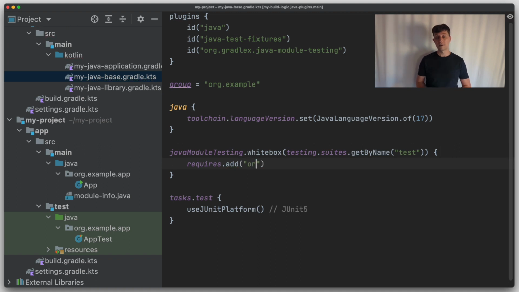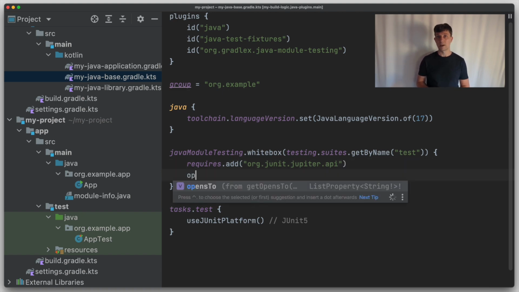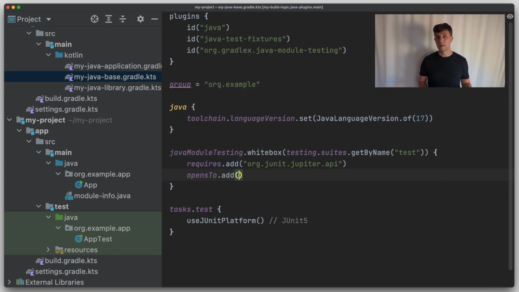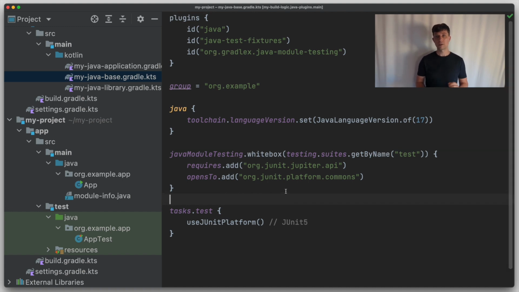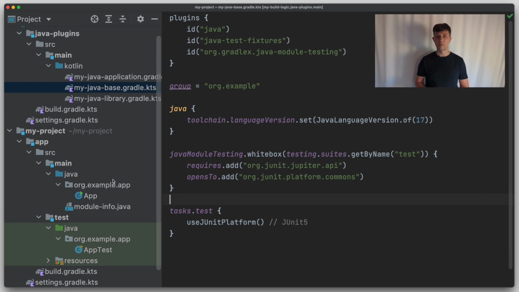We can also define here which additional modules are required to run the tests, in our case the Jupiter API, and we can say that the module is opened, or certain parts of the module are opened up for reflection to certain other modules. The plugin will pass arguments to Java that open packages containing tests to the JUnit runtime, and then the runtime will find the tests via reflection.